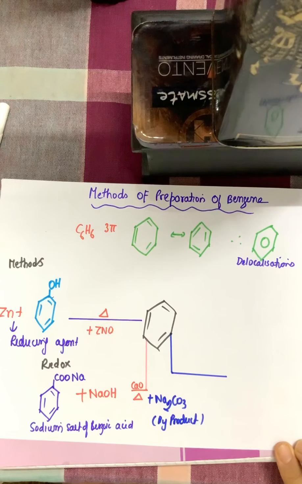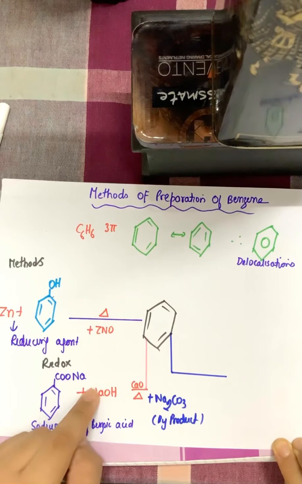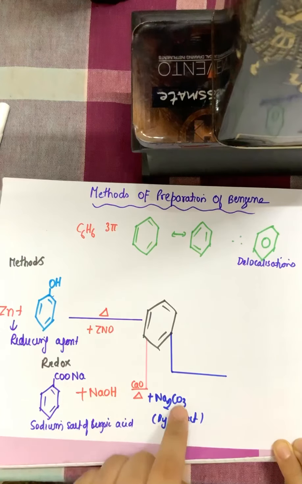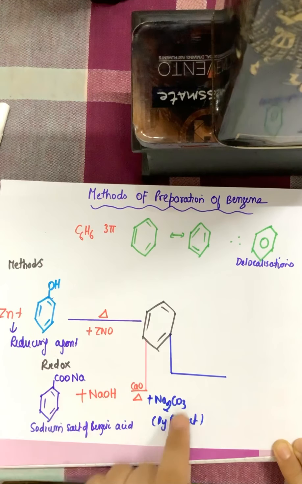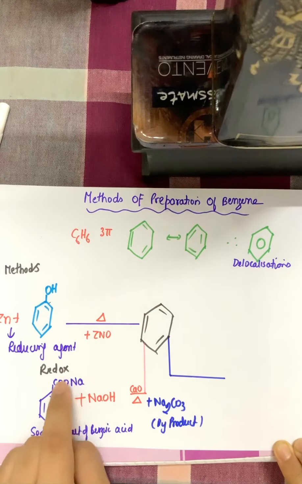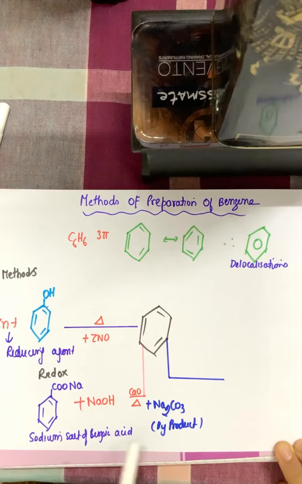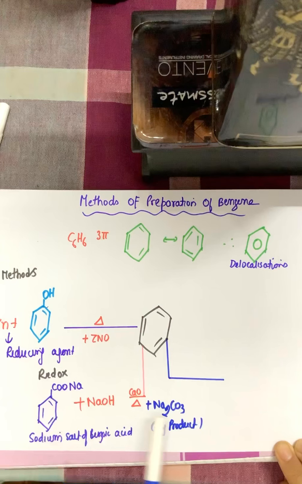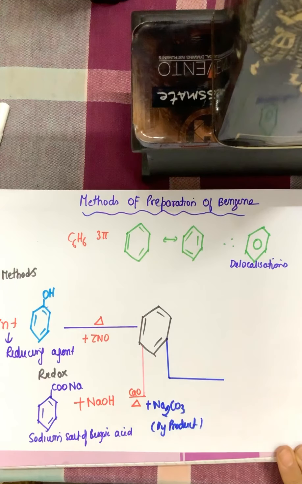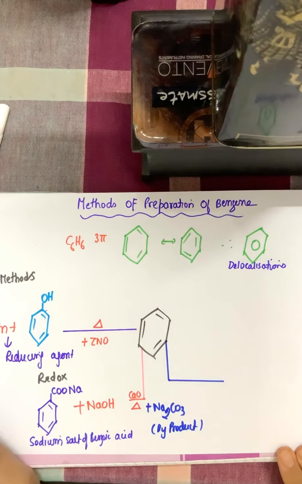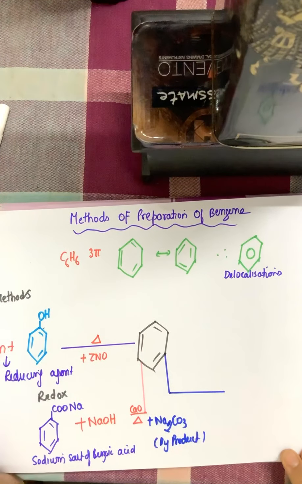How is it Na2CO3? Let's count. Na2CO3 removed. Carbon removed from here. C, oxygen, 1, 2, 3. Fine, 1, 2, 3 oxygens. 1 Na, 1 Na, and carbon. 1 carbon from here has been removed. So Na2CO3 is the byproduct. Okay, so this is an easy way to calculate the byproduct if we don't remember it by any chance.